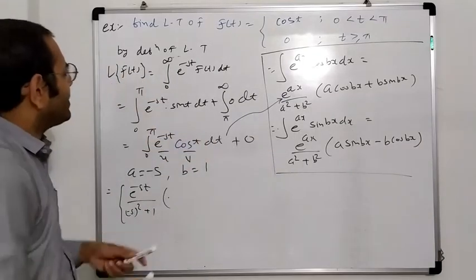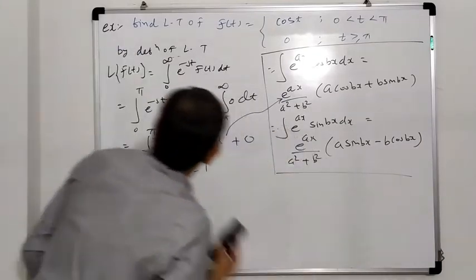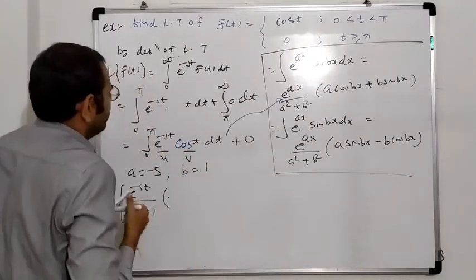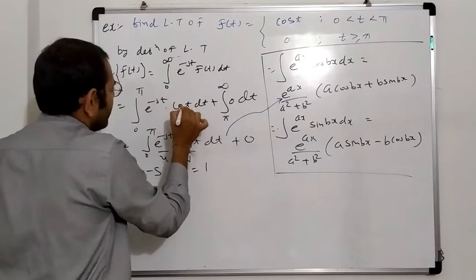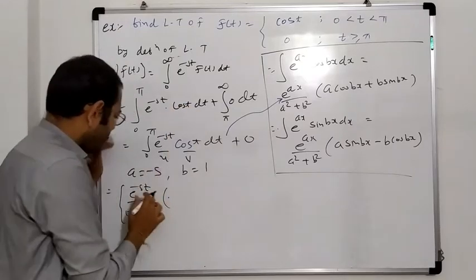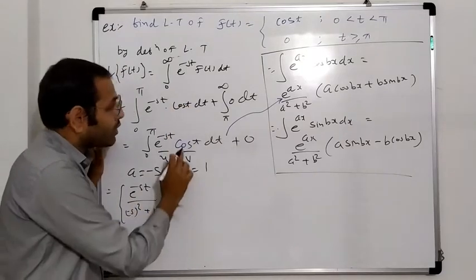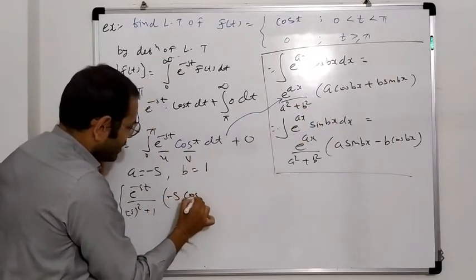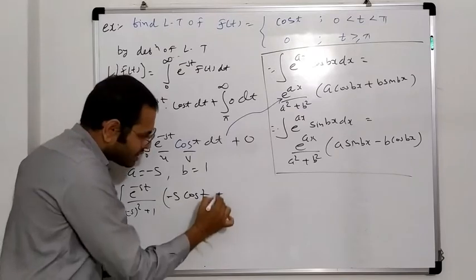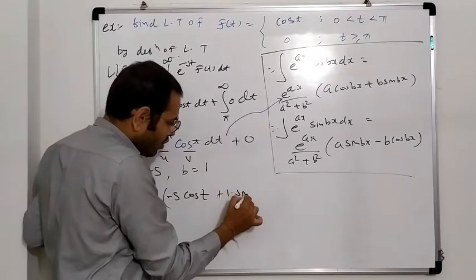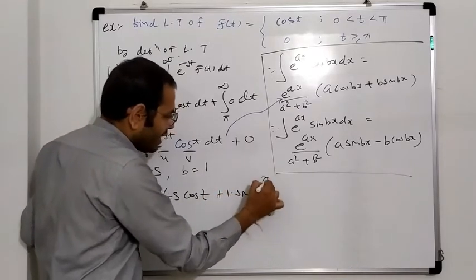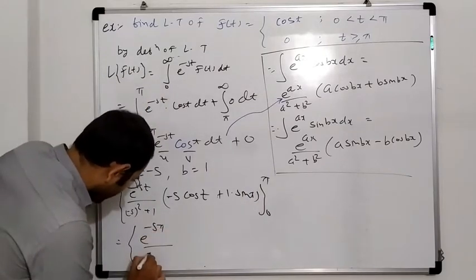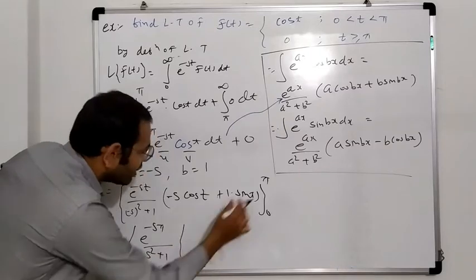By the definition of Laplace transform, here the function is cos t. Then e raised to minus st upon s square plus 1, with a equal to minus s, into (minus s cos t plus 1 into sin t). Here the limits are 0 to pi, upper limit minus lower limit: e raised to minus s pi upon s square plus 1